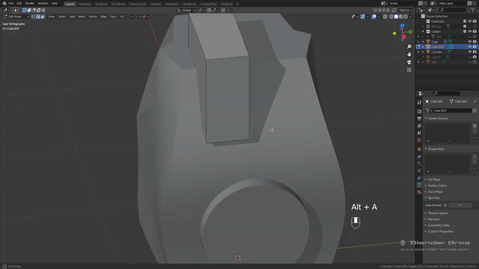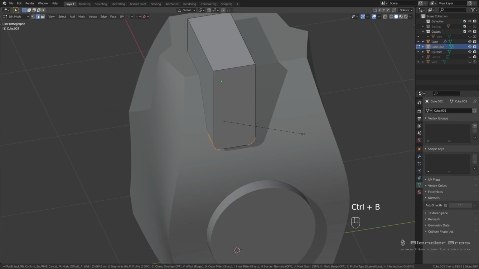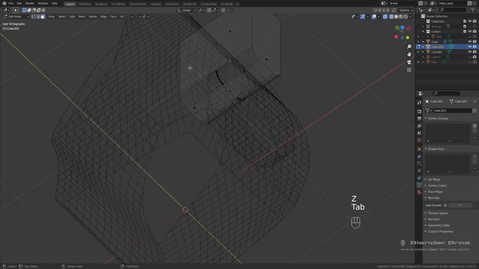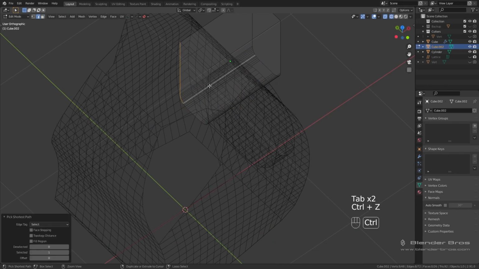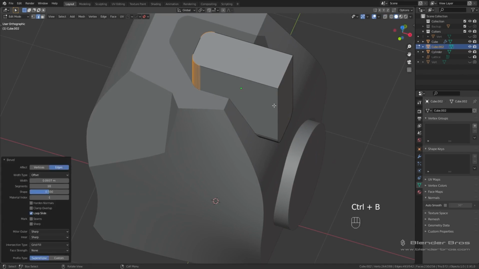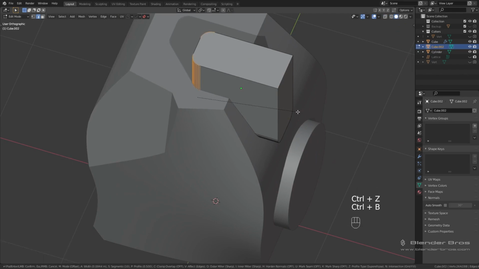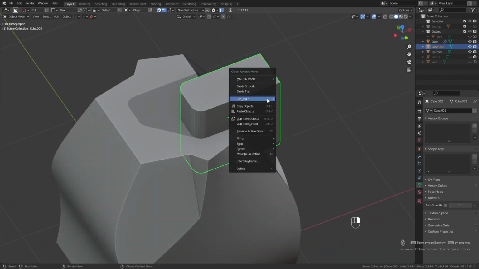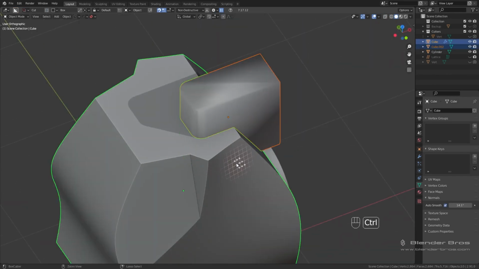And take these guys right here. Control B. And I'll give this like, I don't know, 10 segments should be enough. Bring that up, and then same for the back here. What we're gonna do, I'll just bevel, if I can actually select it, this area, and just so we can see it, we'll go ahead and run our, actually before we do that, shade this one smooth, and then run your difference